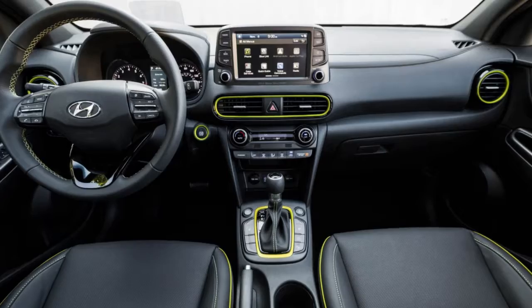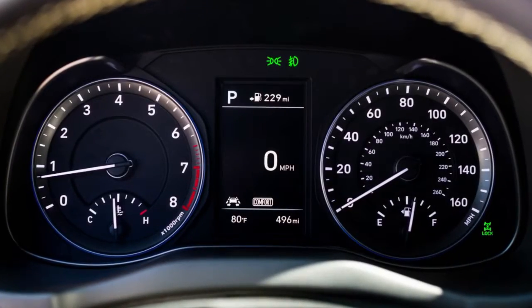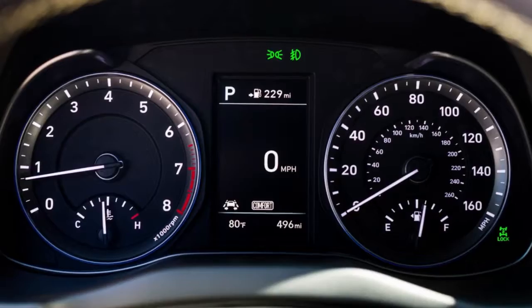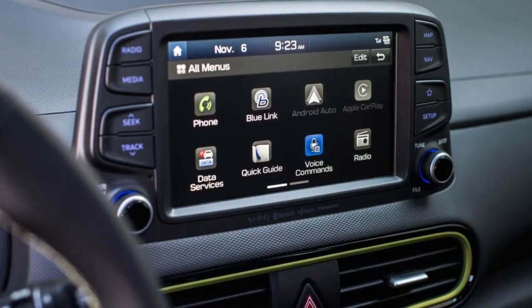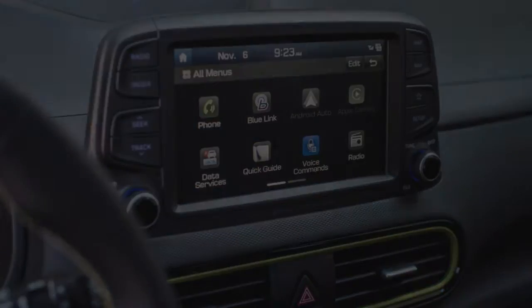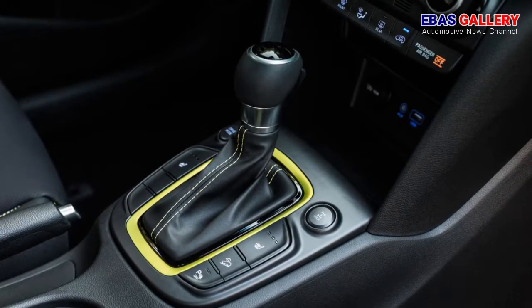The standard U.S.-spec Kona powerplant will be an Atkinson cycle 2.0-liter inline-4 making 147 horsepower and 132 lb-ft of torque, mated to a conventional 6-speed automatic transmission. The optional powertrain will be Hyundai's turbocharged 1.6-liter inline-4 producing a stout 175 horses and 195 lb-ft and paired with